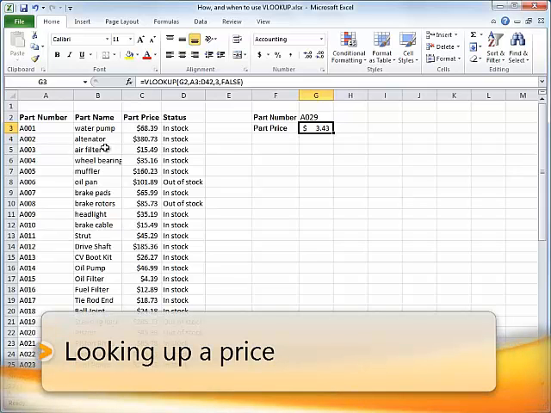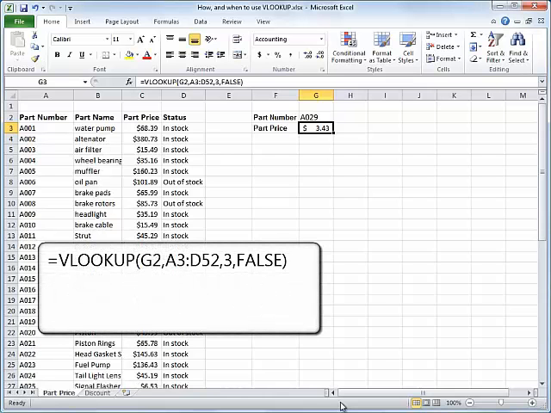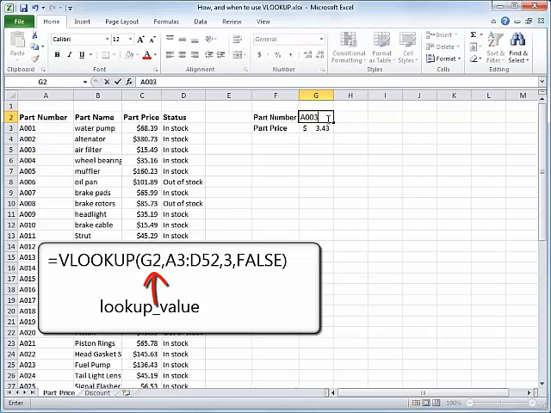Now for the arguments. VLookup has 4 arguments. Argument 1, lookup value. What value are you searching for? If you were looking up a phone number in a phone book, the person's name would be the lookup value. In this example, the part number is the lookup value and cell G2 is the lookup value argument. Let's see what happens. I type the lookup value, say A003, in cell G2 and get a return price of